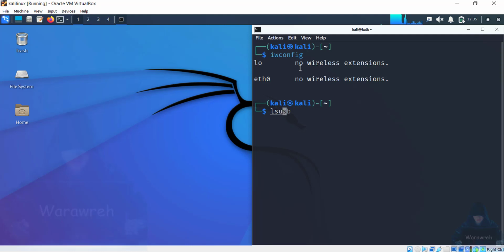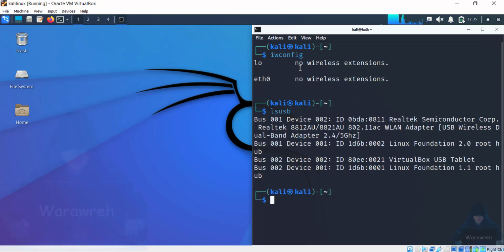Next, we run the command lsusb. This command is used to display the information about USB buses and the devices connected. As you can see in the results, bus 001 is my wireless adapter, which is Realtek 8812AU. Now, to install the correct driver for this adapter, we need to use the command sudo apt